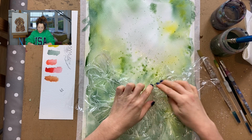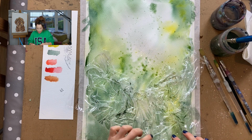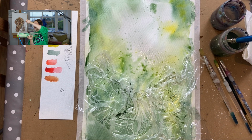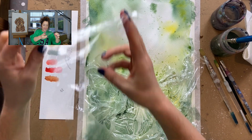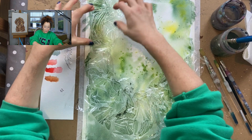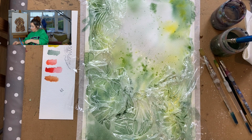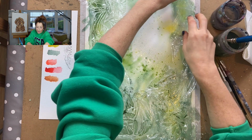For this cling film to work and for the salt to work, the paint does have to be wet. So this whole stage of our process has to be done relatively quickly, because if I allow this to dry, we won't be able to get the sort of effect that we're after. And a couple more pieces. I think down here it's probably dried too much already, but I'm going to put it in anyway because you never know. And then up here,